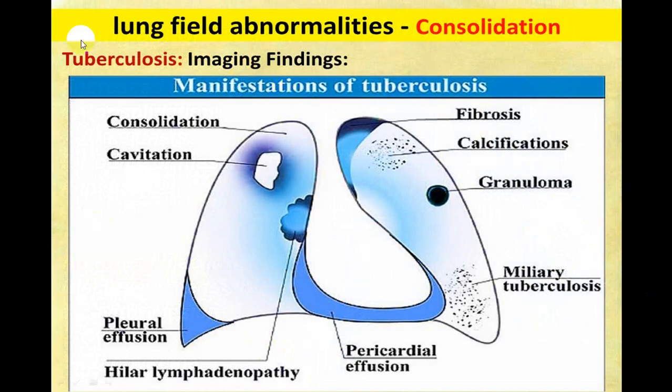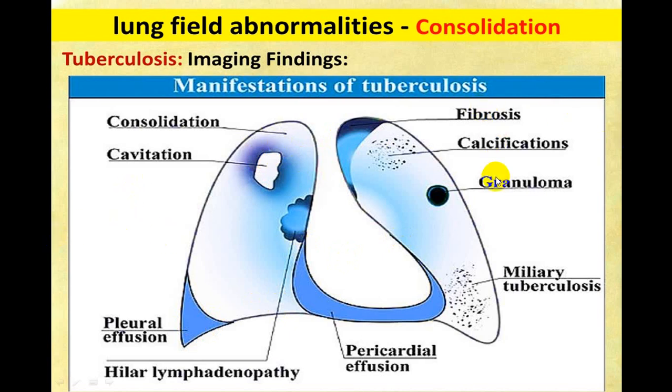This is in a case of tuberculosis, you can get multiple different varieties. You can get fibrosis, you can get calcification, you can get consolidation, you can get cavity, you can have granuloma, you can have hilar lymphadenopathy, you can develop a pleural effusion, you can have a miliary shadow, you can have a pericardial effusion. This can be a wide variety of presentation in a case of tuberculosis. Any one of these permutation combinations, or you can have two things like pleural effusion with a cavity. There may be an old calcified focus in one lung, and you can have other involvement like pleural effusion, consolidation, fibrosis, cavity, etc. depending upon that.